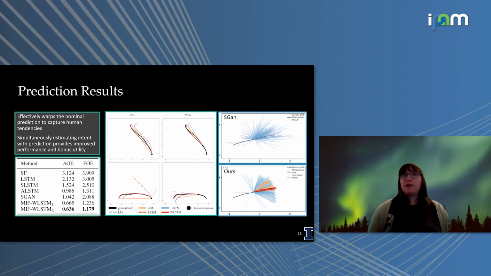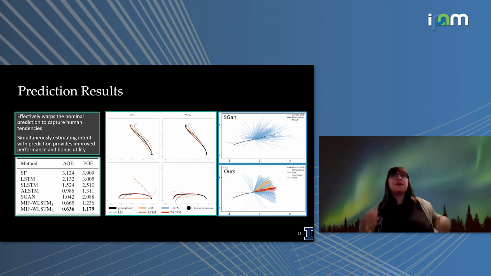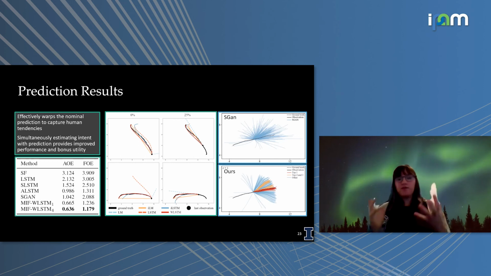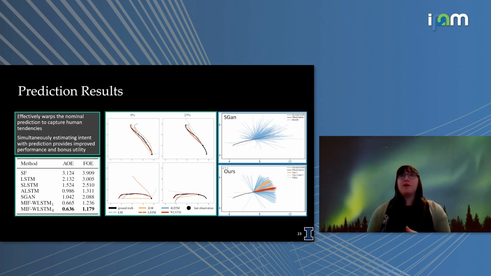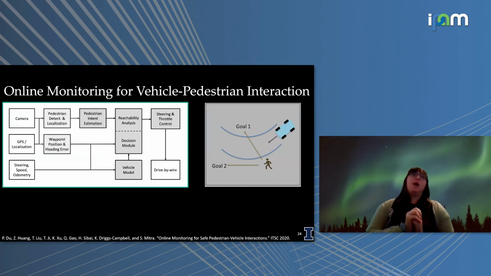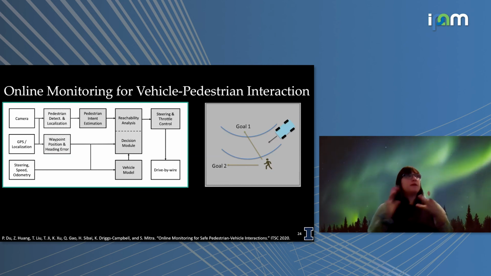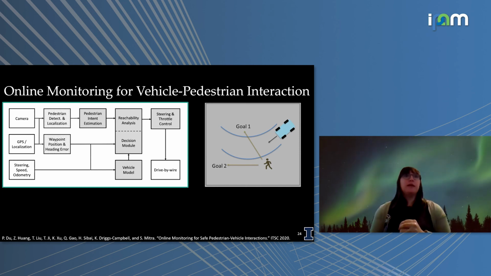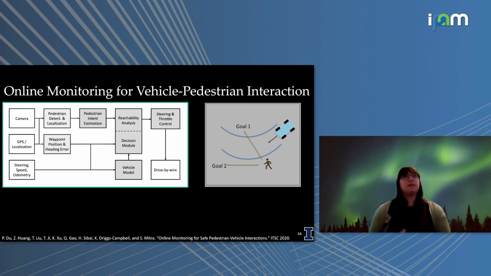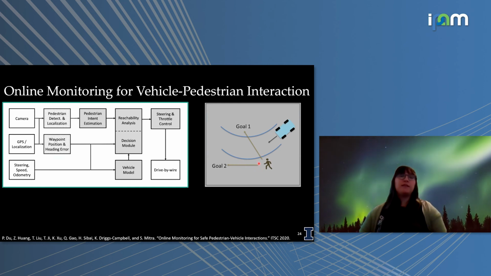Okay, so this is our prediction method. But as was mentioned at the beginning, we want to get this to the point where we can put it into the loop and have safe pedestrian-vehicle interactions. So now let's talk about our framework for these interactions. In some of our recent work, in collaboration with Cheyenne Mitra, we've been building up our autonomous stack so we can have nice formal guarantees to ensure safe interaction between vehicles and pedestrians. We're looking at a simplified case here where we have a single pedestrian with different goals.